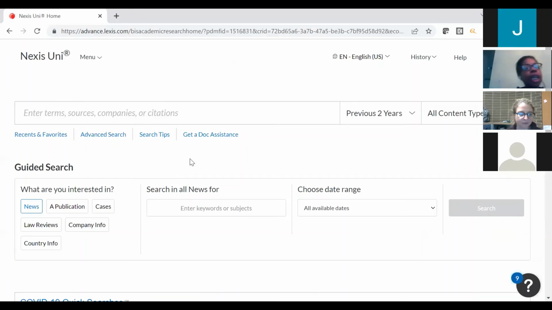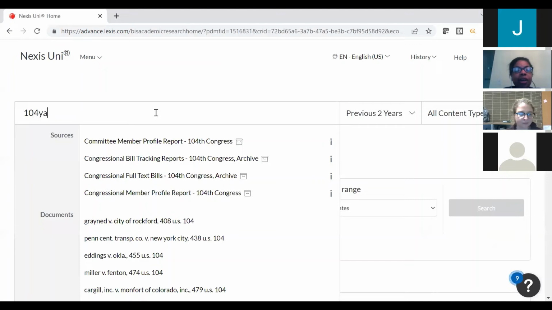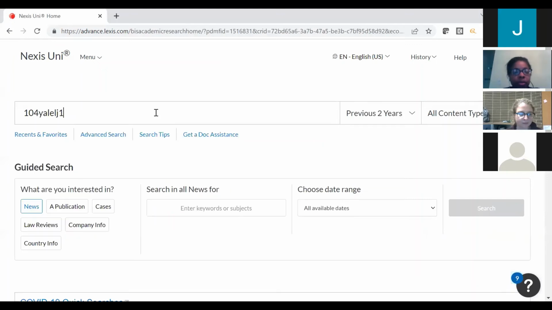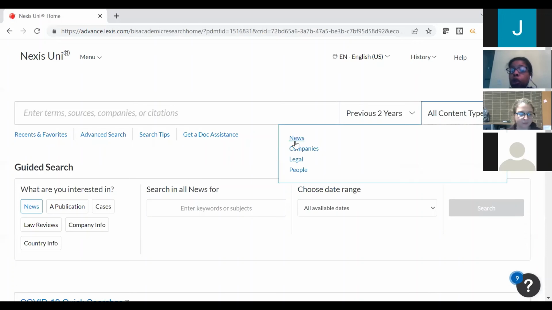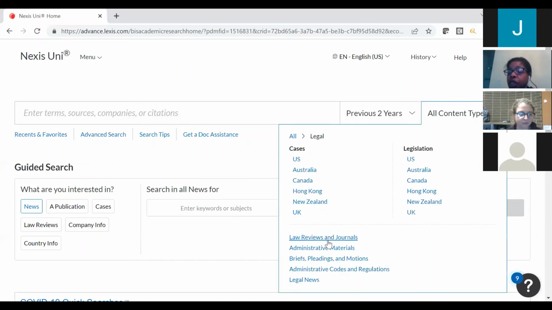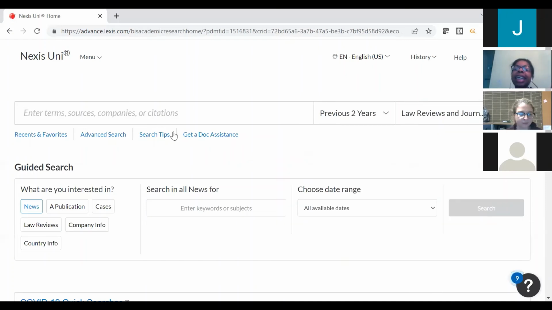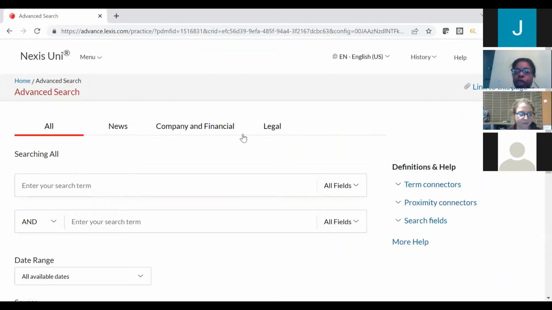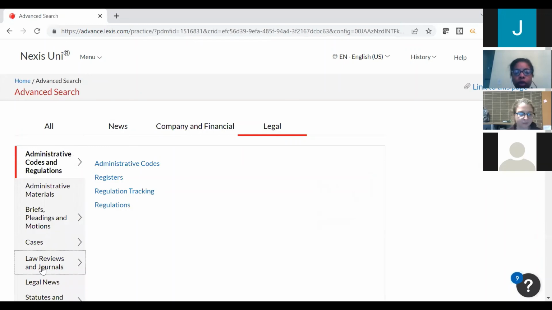So just to kind of recap, if you have that legal citation, you can just type it in. And as we saw before, it's not necessary to use proper Bluebook citation. But of course, we know we can do a full text keyword search through all of our law reviews and law journals and all additional secondary sources. But more importantly, the capability to do segment searching, field searching. When you go to the advanced search, as we saw, we're going to go to legal, law reviews and law journals,